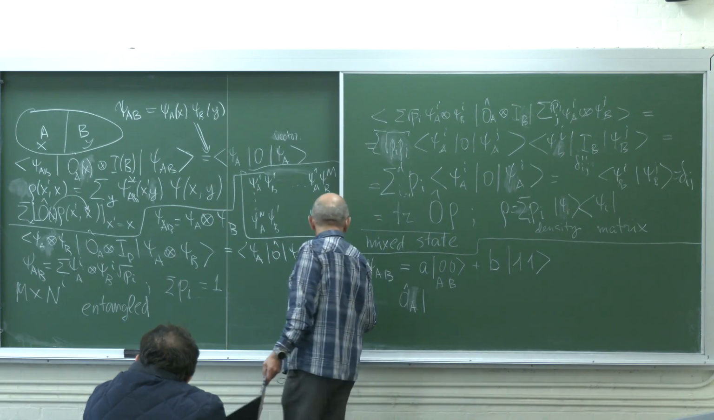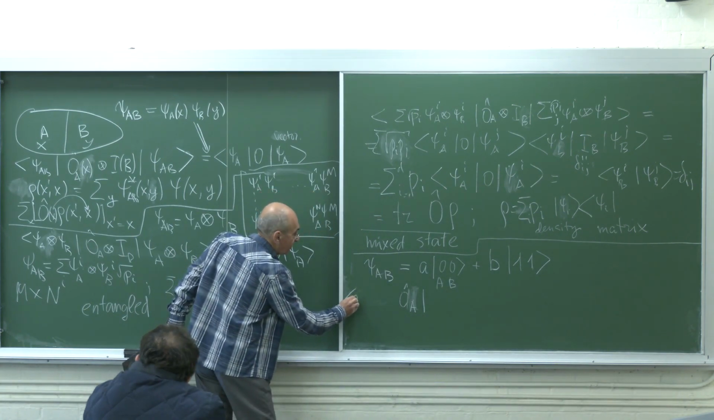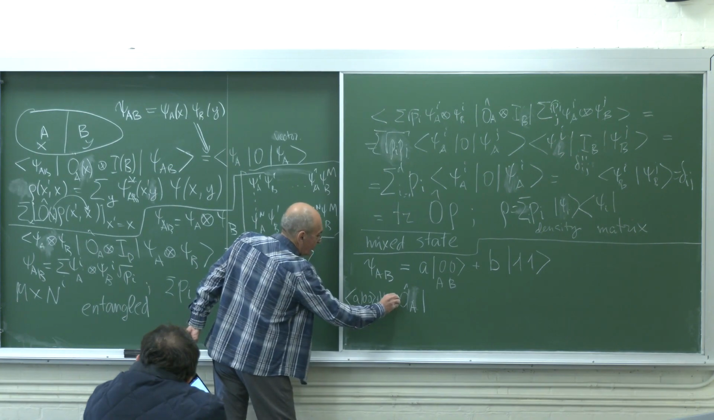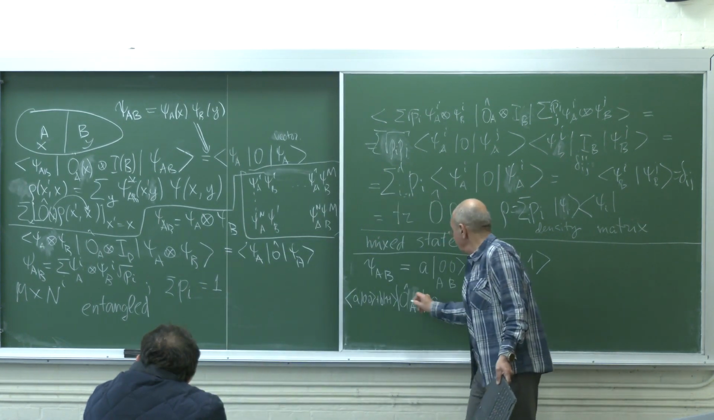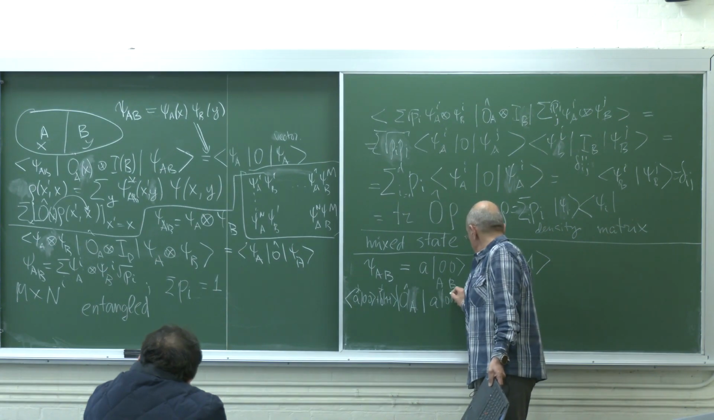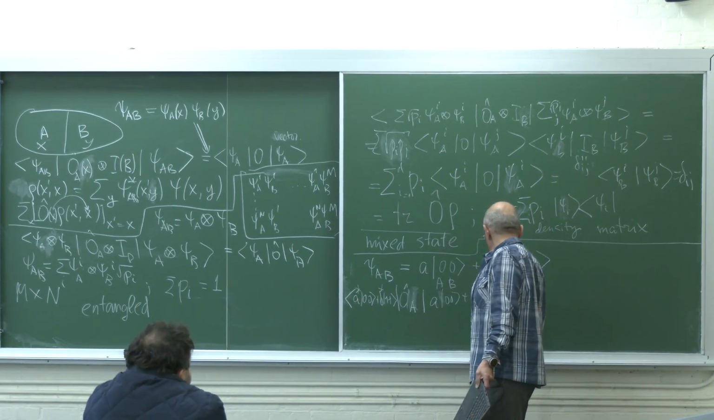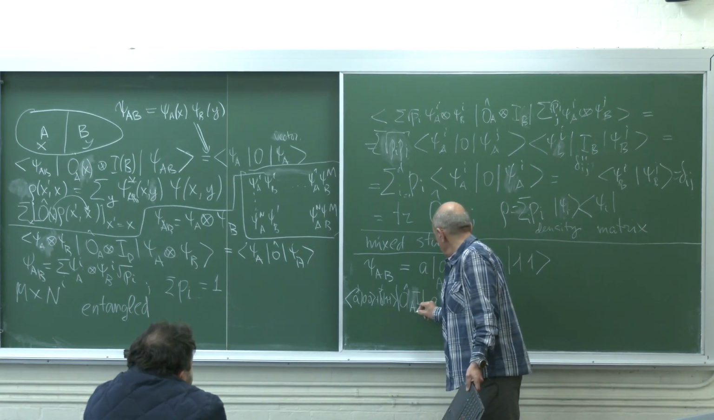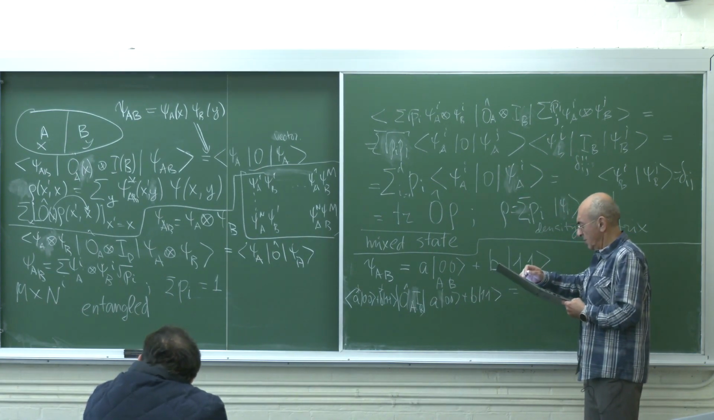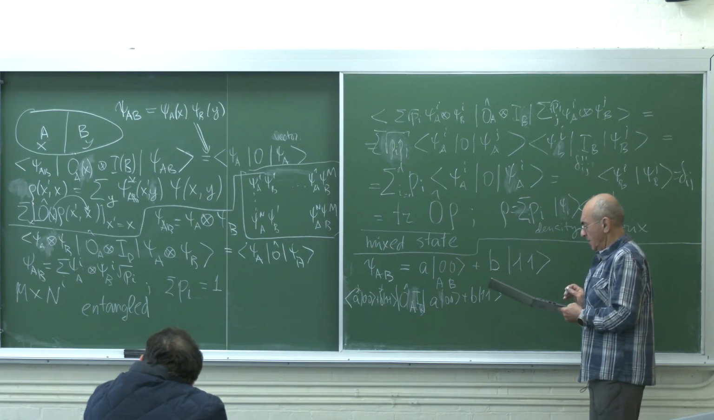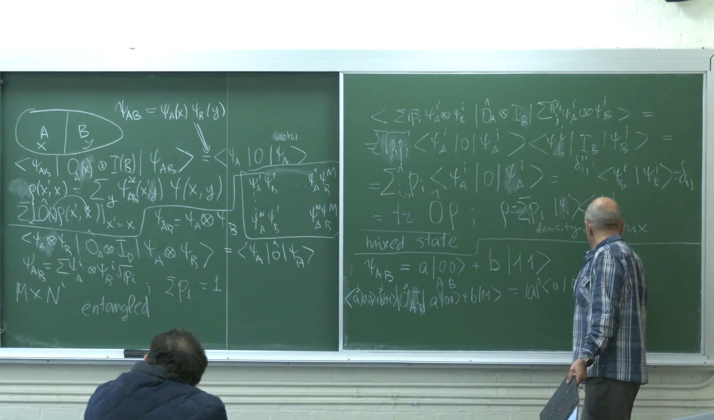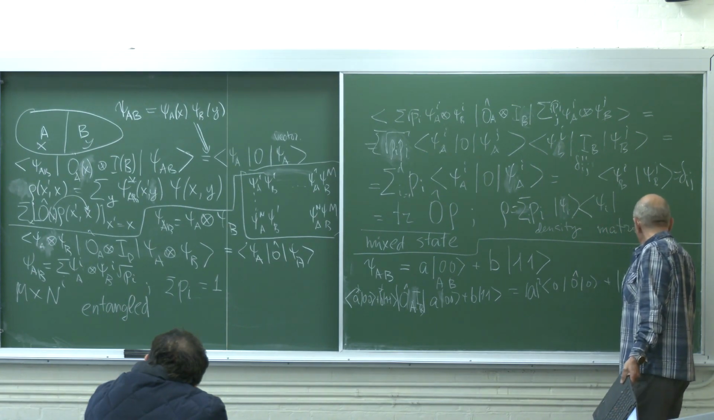and I would compute the expectation value. So it will be A 0, 0 plus B 1, 1. And here will be this complex conjugated, A 0, 0 plus B 1, 1. And of course, here will be the identity operator acting on B. So what I will get here, you will see that I will get A modulus squared O 0, 0 plus B modulus squared